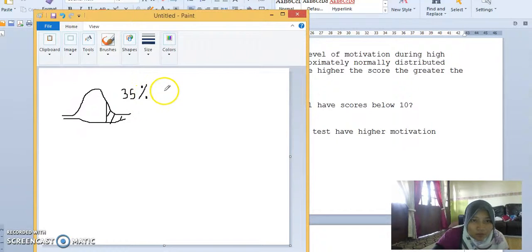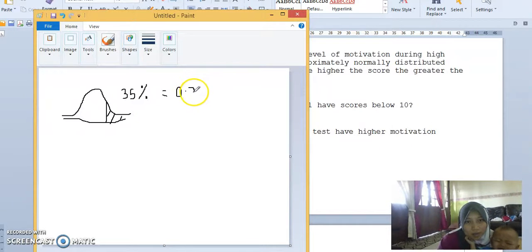Okay, 35% is also equivalent to what? 35 over 100 is 0.35. Yes, 0.35. Okay, now, if you see this,